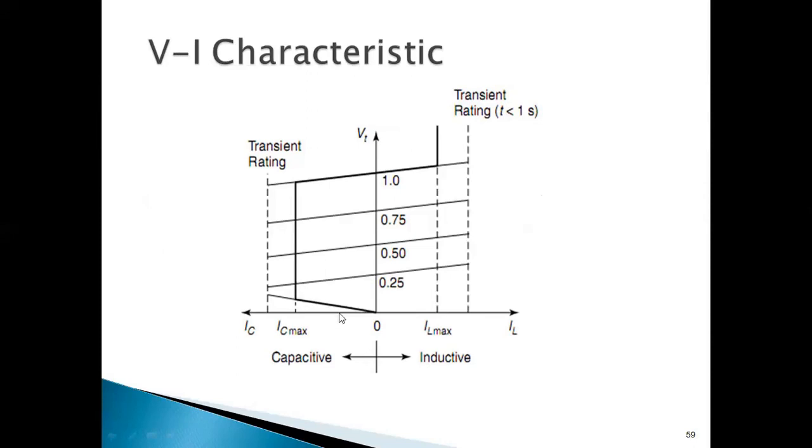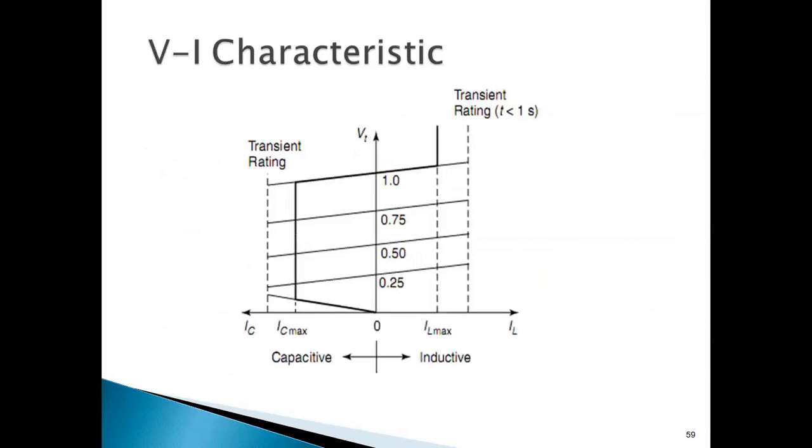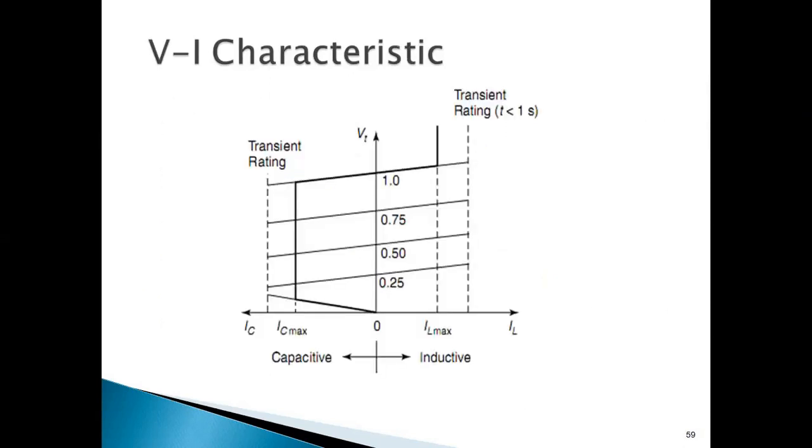In the SVC we have got a linear range. See the linear range here. One important advantage is that, as I mentioned here, STATCOM can provide full capacitive reactive output. See here, left hand side, IC maximum. It reaches its IC maximum at very low voltage, maybe approximately 0.95, closer to 0.15 per unit. Even at a low voltage, it is able to reach its